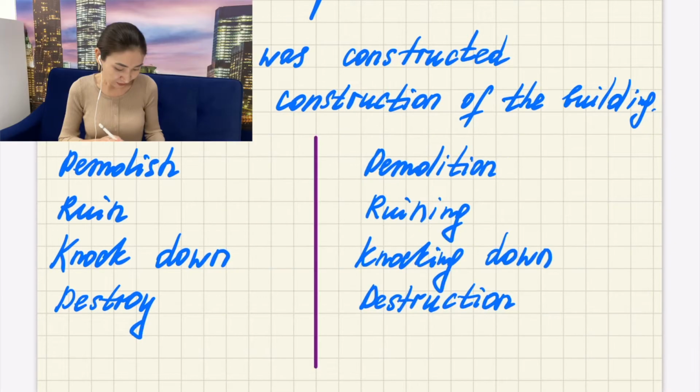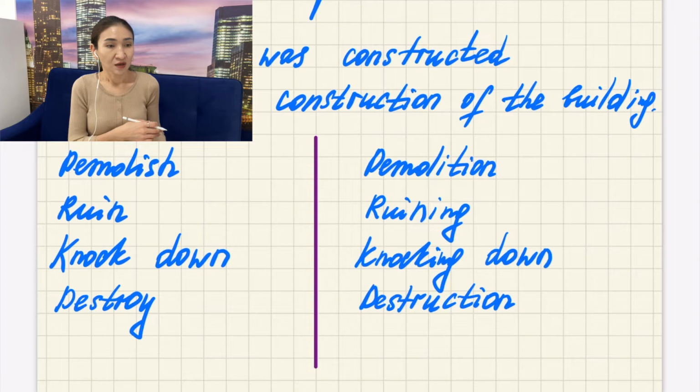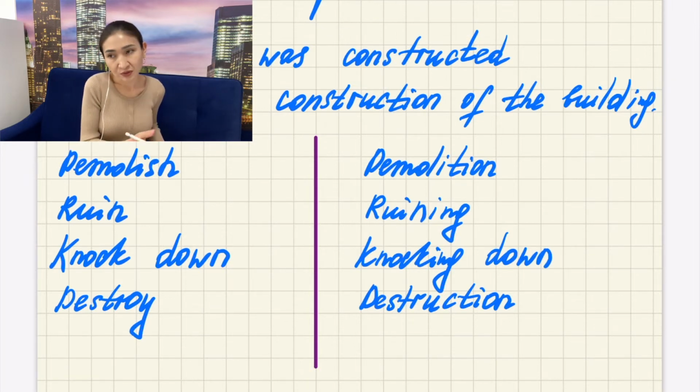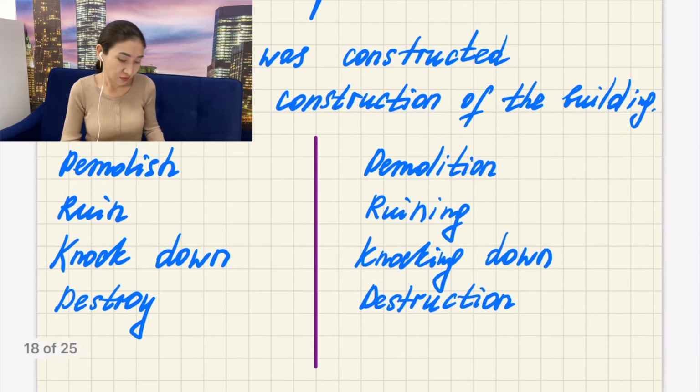So here I was just using verbs, which could be very helpful when describing your map. This word is demolish, and you can say demolition of it, ruin and ruining, knock down, knocking down, destroy and destruction. These are basically synonyms. You can use them when you want to describe that something was destroyed and another building was built in another map within some kind of period,